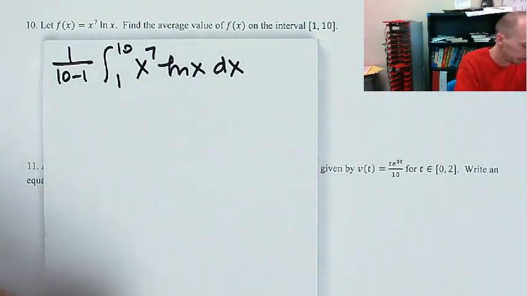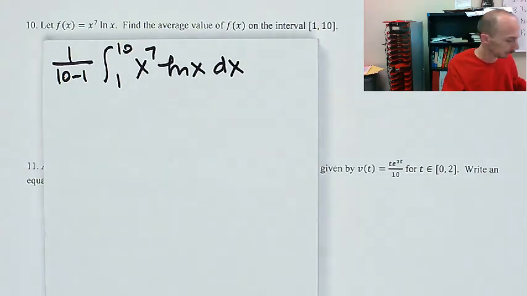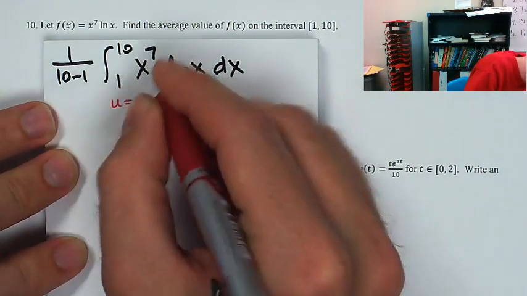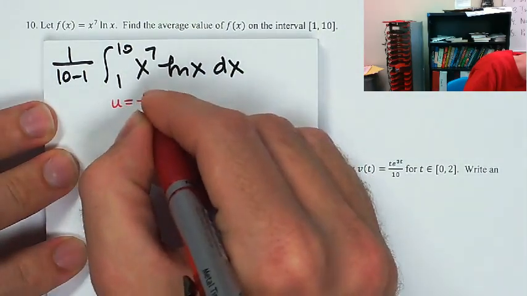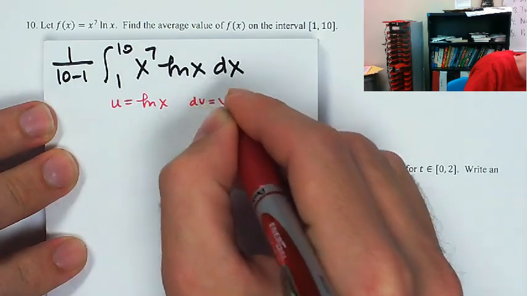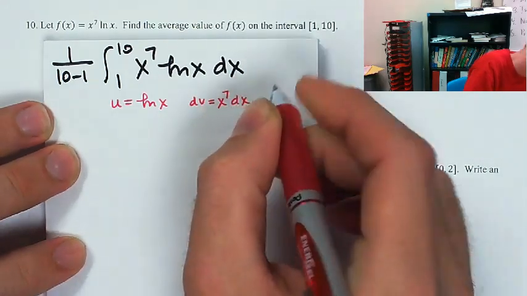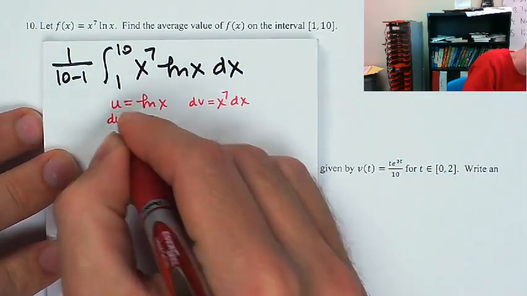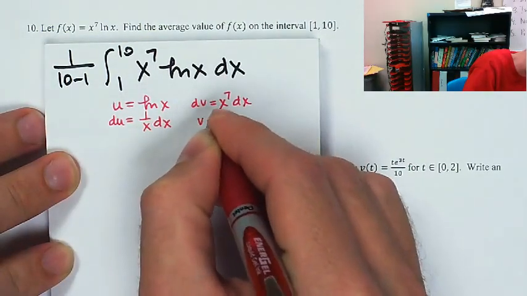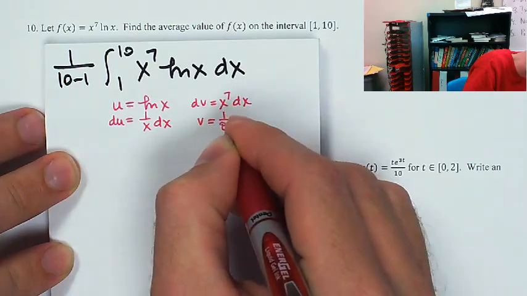So I've got u equals log, I late log before algebra, and dv equals x to the 7 dx. Okay, so I take the derivative, take the antiderivative,